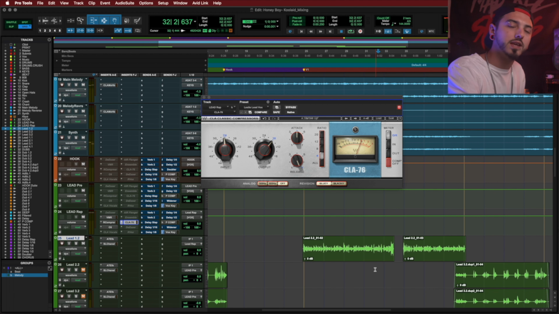So you can barely tell the difference of volume there now because this compression is doing its job to kind of even out that performance and give me a nice thick sounding vocal. All right, cool. So now we can go ahead and activate the next plugin, which after I bring in this compressor,